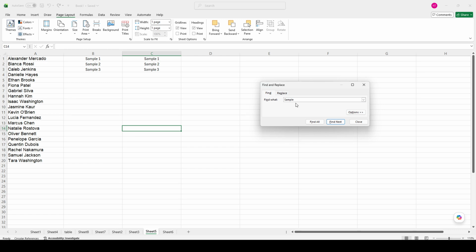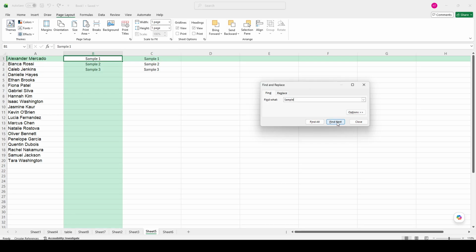After entering your search term, you have two main options. If you want Excel to take you to the first matching result, click Find Next. Excel will move to the first cell that contains the term you entered. This is useful when you want to review results one at a time and see where each match appears in